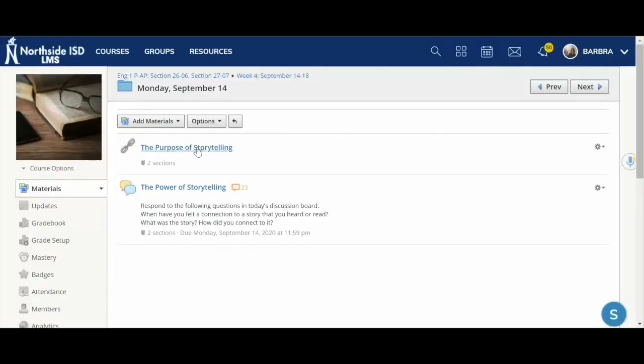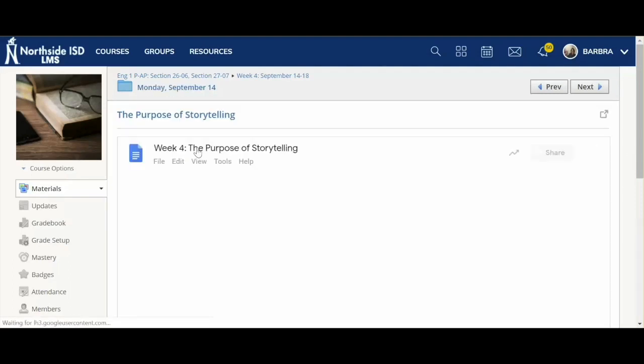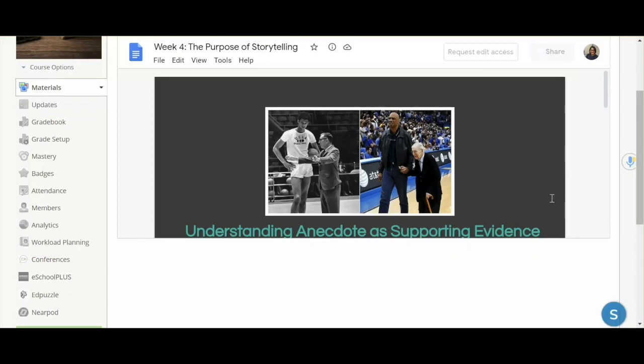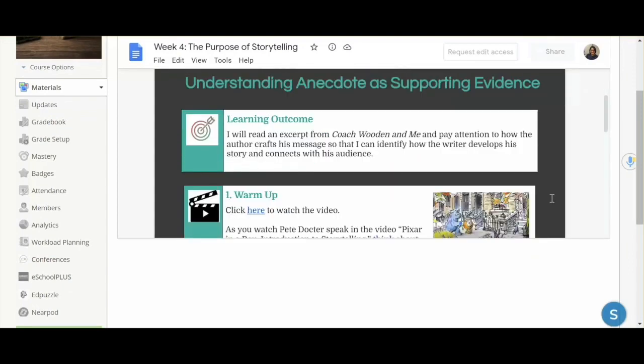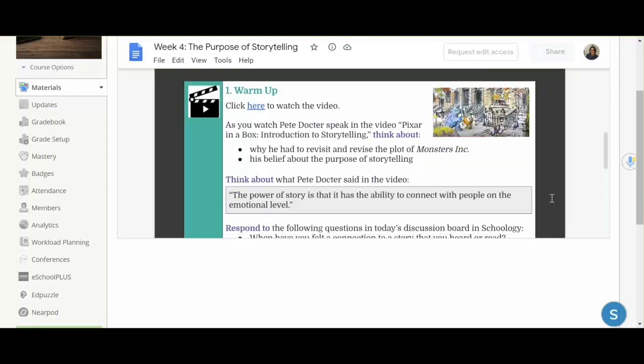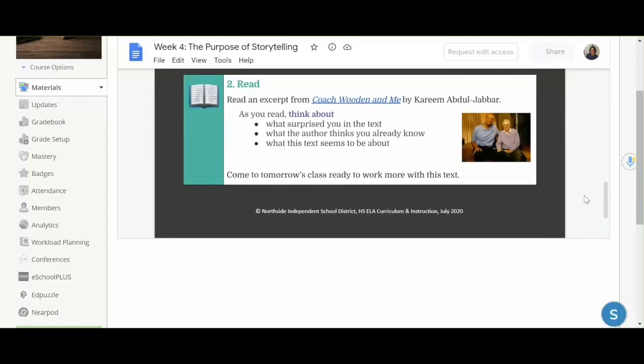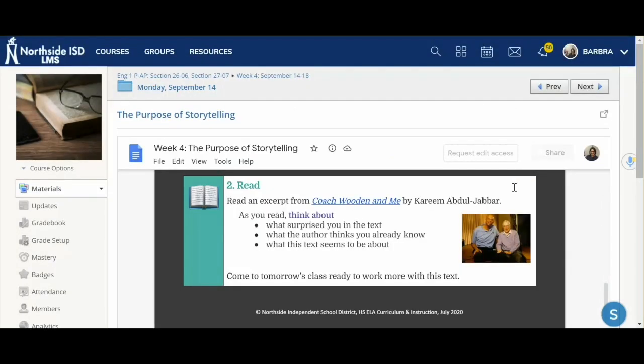So if you're someone who's been working with our Northside ELA hyperdocs, these are going to look familiar to you. But in that hyperdoc, you'll notice that the original version has something like 6 or 7 steps to it. And what she's done is only give her kids enough content and enough activities to make that more manageable for just one day's work. So in this part of the assignment, they're only working on the warm-up and then reading the excerpt from that mentor text, Coach Wooden and Me by Kareem Abdul-Jabbar. And then on Tuesday,